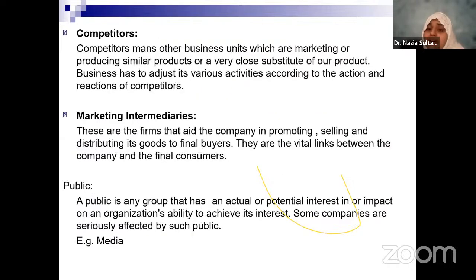Competitors. If a competitor slashes the price, is the company also going to do the same? So you have to study the movements of the competitor. You talk about the entry of Reliance Jio in telecommunications. When Jio entered, their prices were so low that so many people jumped from other service providers like Airtel, Vodafone, BSNL to Jio. Because naturally, with a competitor entering the market with a lower price, consumers will shift and go away to this particular company. So as a business, you have to very closely examine what kind of movements the competitors are making.